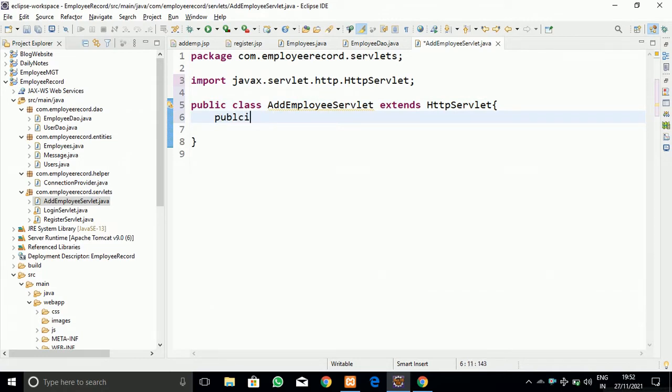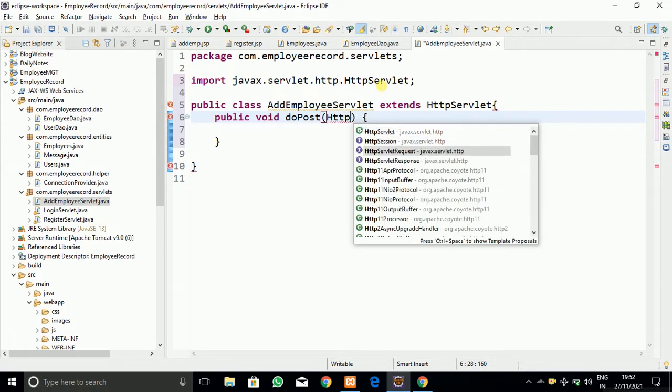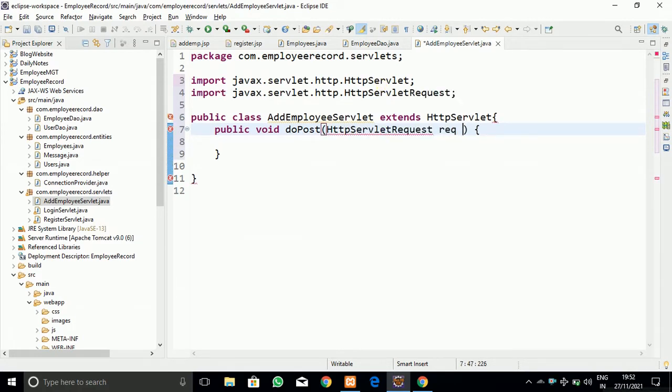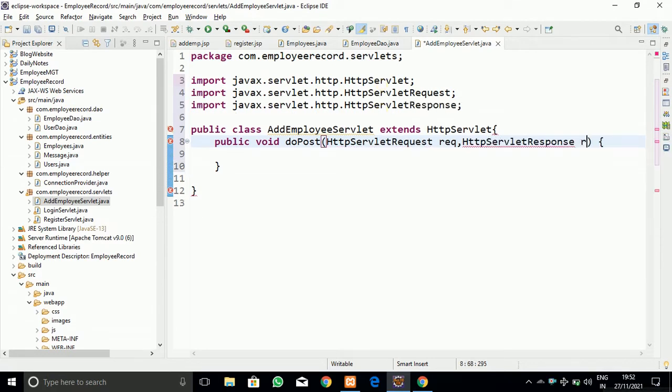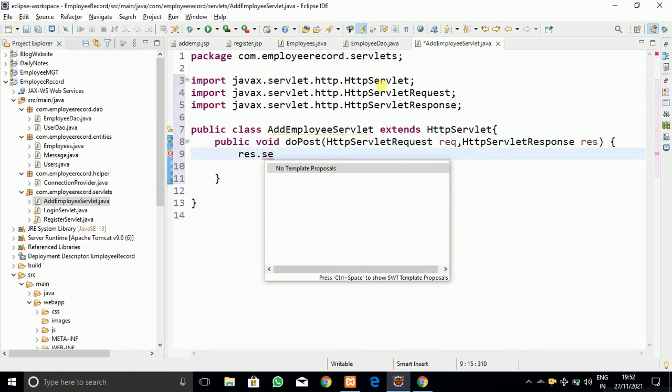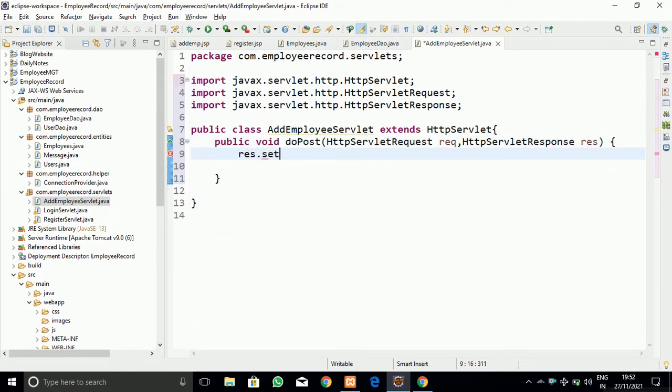Here also I am going to create a method, public void doPost, as we are accepting the form data from the post method. That method takes as arguments an instance of HttpServletRequest and HttpServletResponse.